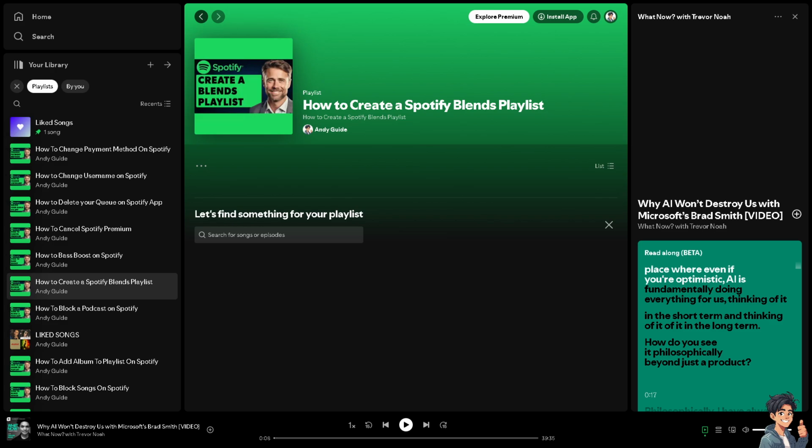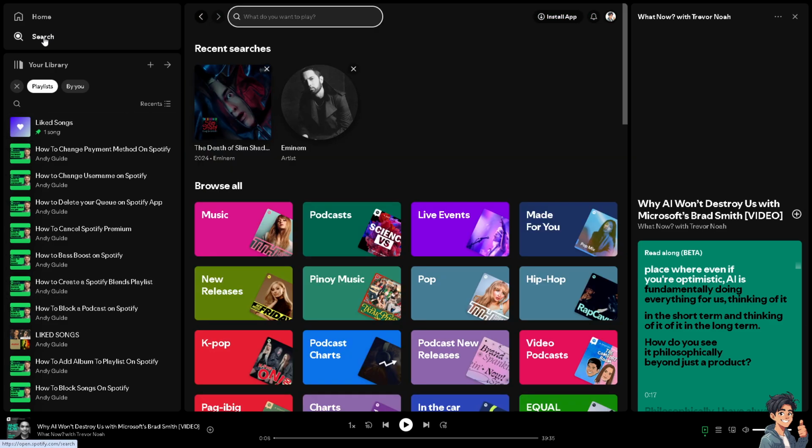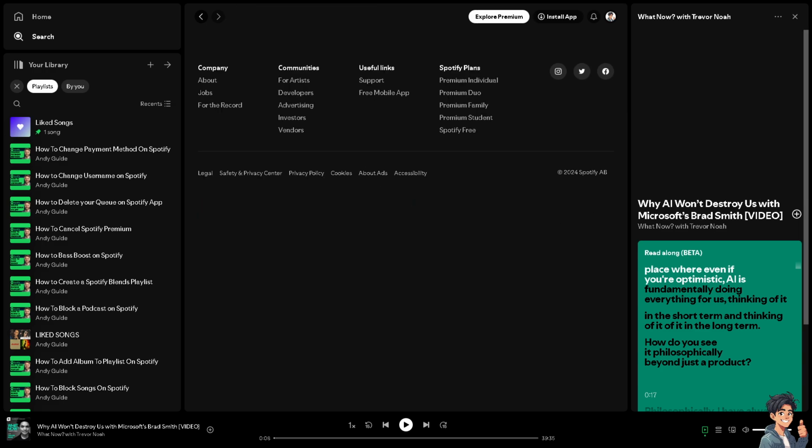Alright, so once you are on the website of Spotify, now I need you to go to the search button in the left side panel of your dashboard and go to the Made for You. Alright, once you are here,